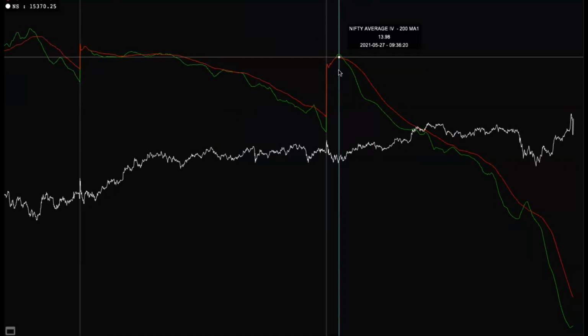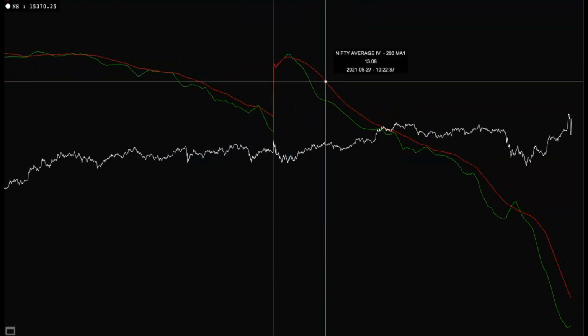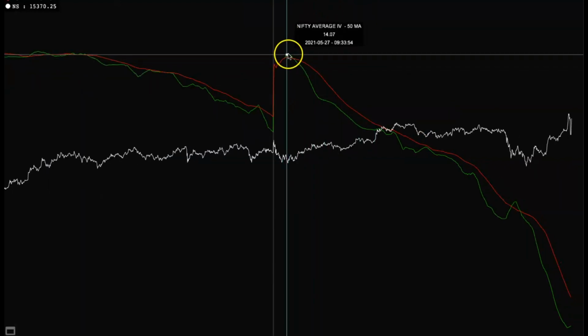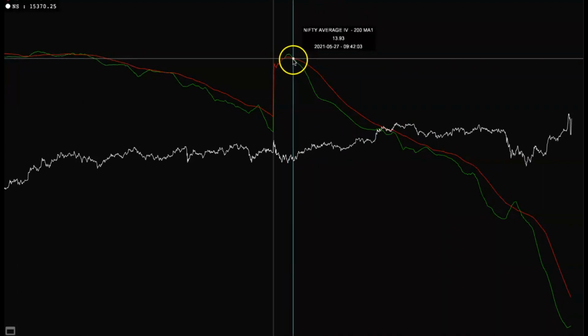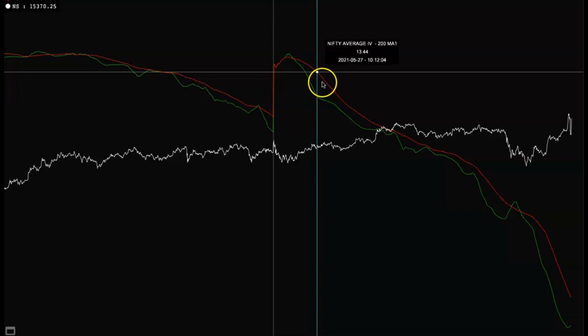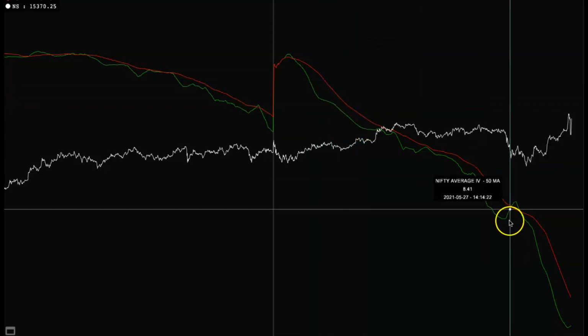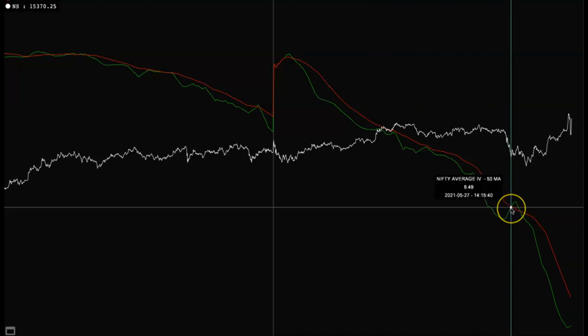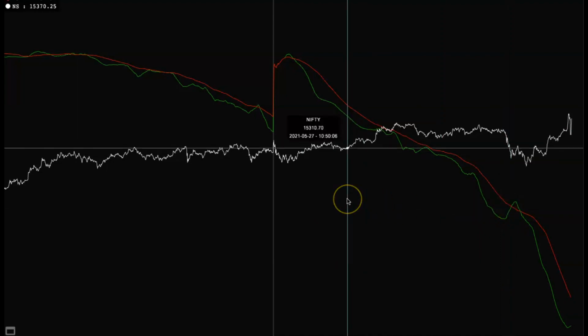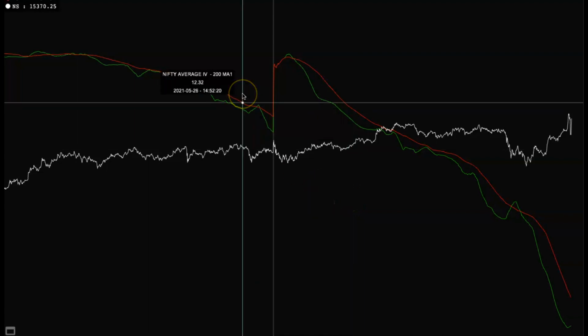So this chart is available in the Smart Index Tool version 2. And our entry is whenever this green line is breaking this red color line and falling down. So as long as this green color line is below the red color line, you can hold on to your position. And whenever this green color line is again touching the red color line, exit your short straddles or short strangles. So this is a very simple strategy, but it is very powerful.